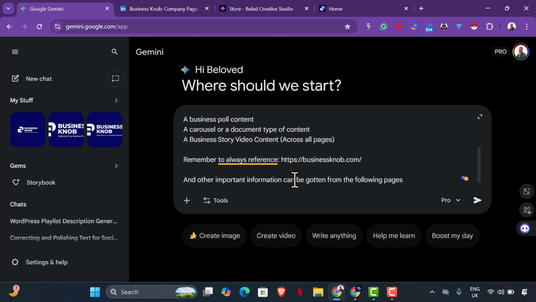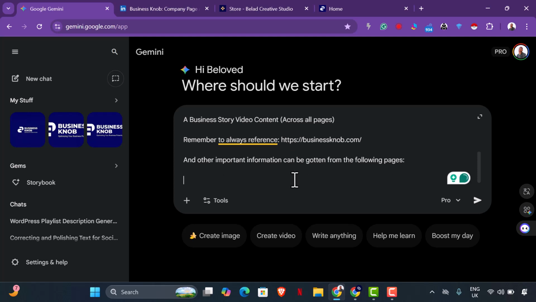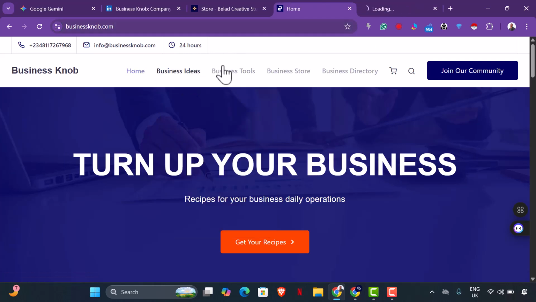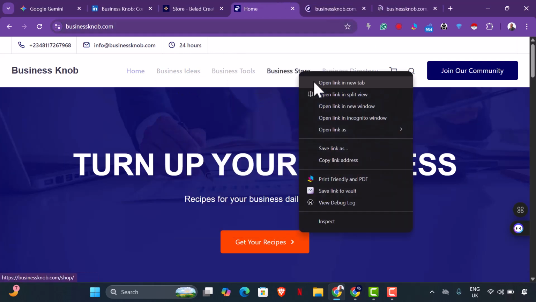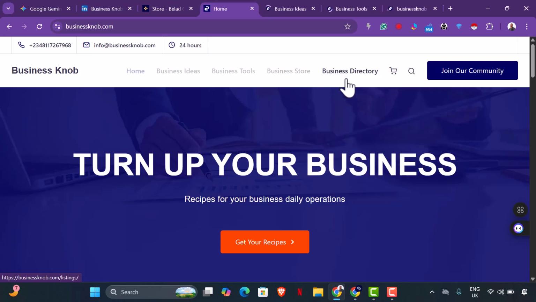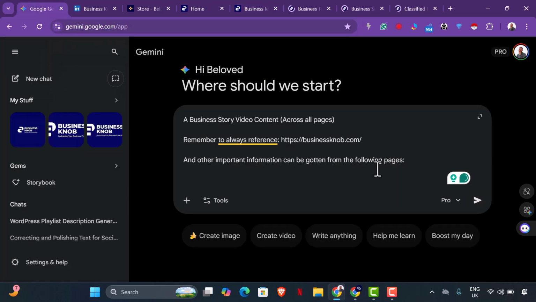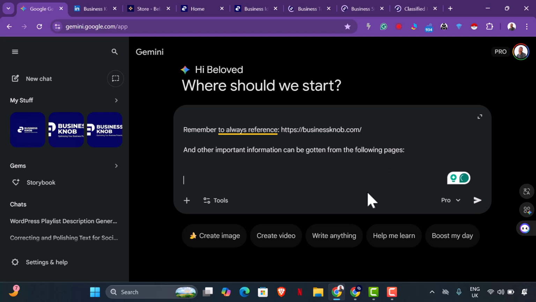pages. So we're going to add the pages of this particular brand just for it to get different ideas. We have different pages, so we can actually use that to get content ideas, because there are a lot to be done. So we're going to say, other information can be gotten from the following pages. Blog posts as events.